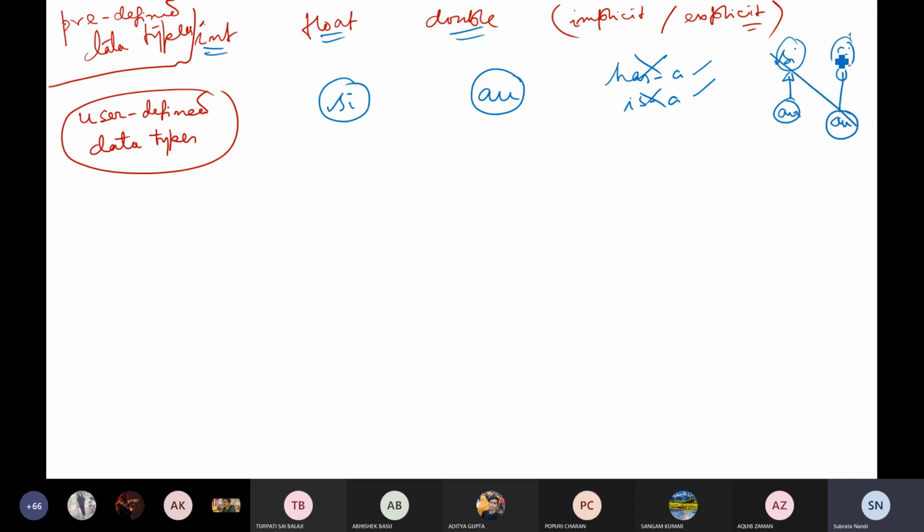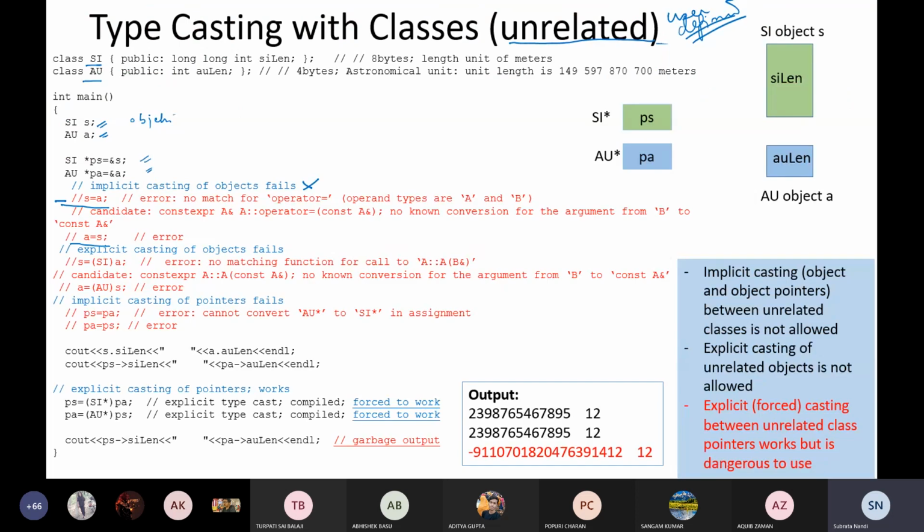So this is not the case. Are you getting me? Yes, sir. Okay. So now, this will fail definitely. So this is not allowed. So if you compile it, it will show error: no match for operator. So why is it not so? Because if you write S assigned A,